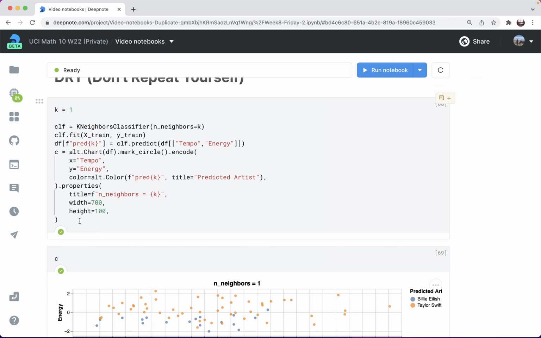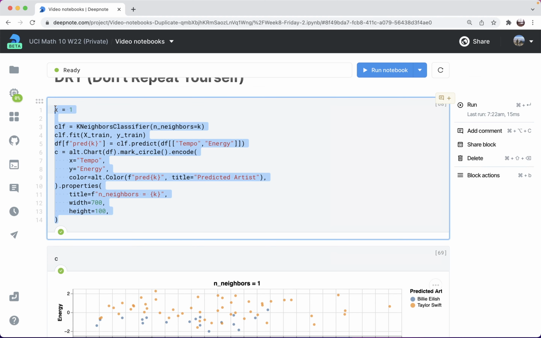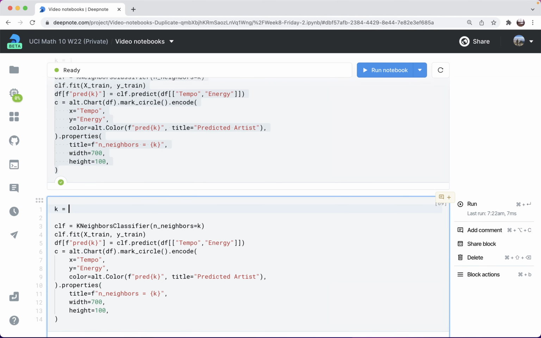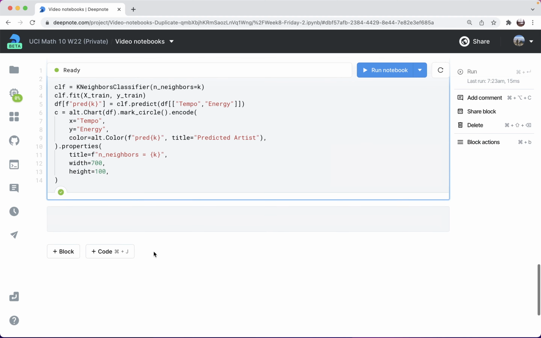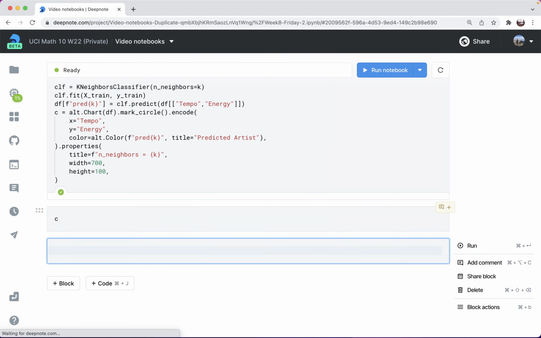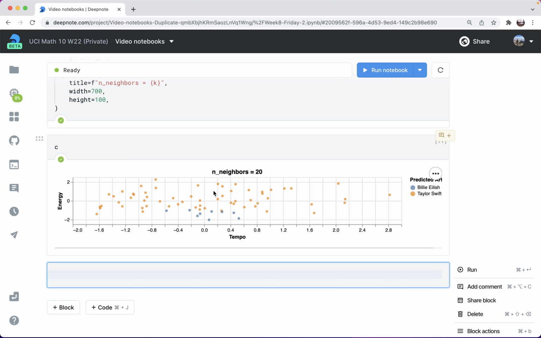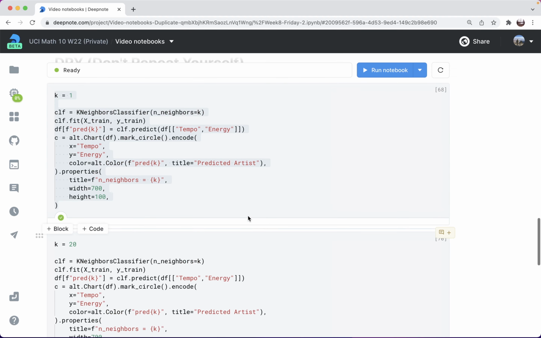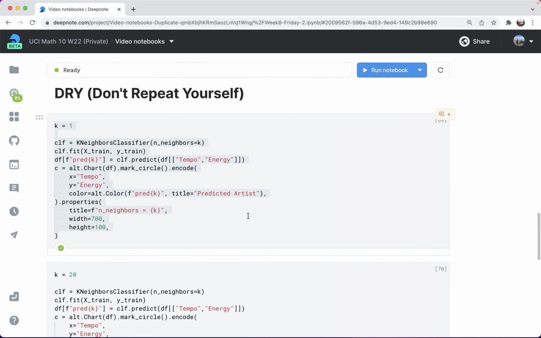And so let's try the same thing for k equals 20. So let me copy this, paste it in and change k to 20. And now let's check how the chart looks. Okay, that looks good, and it does look like it changed to the 20 chart. Okay, great. But right now I have violated one of the important coding principles